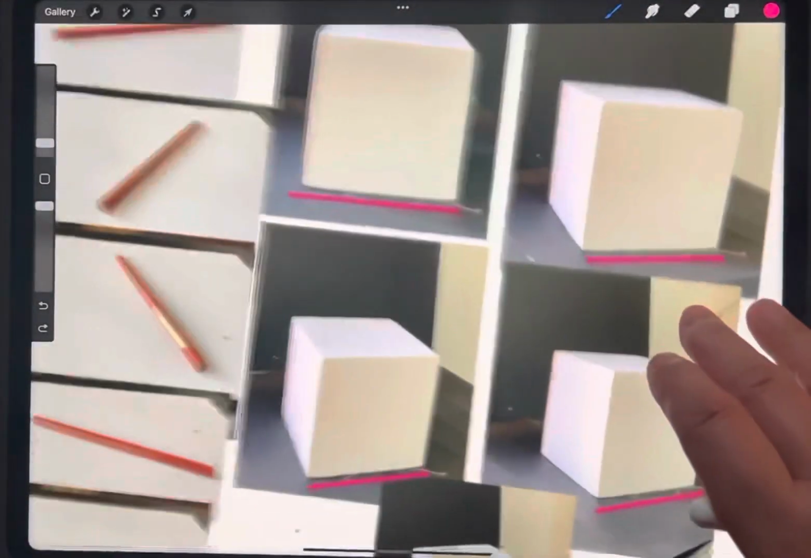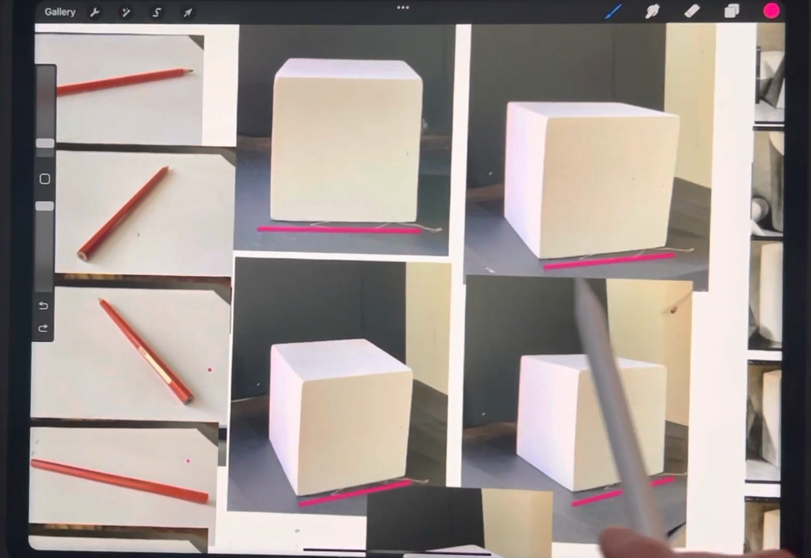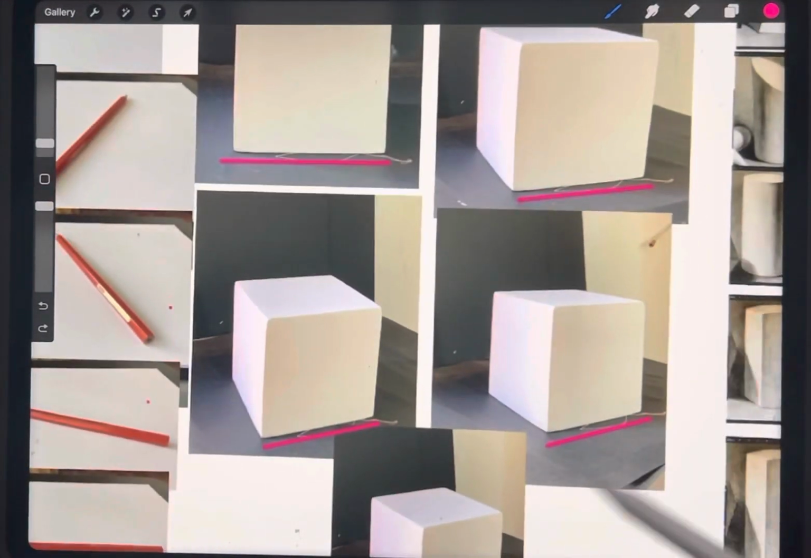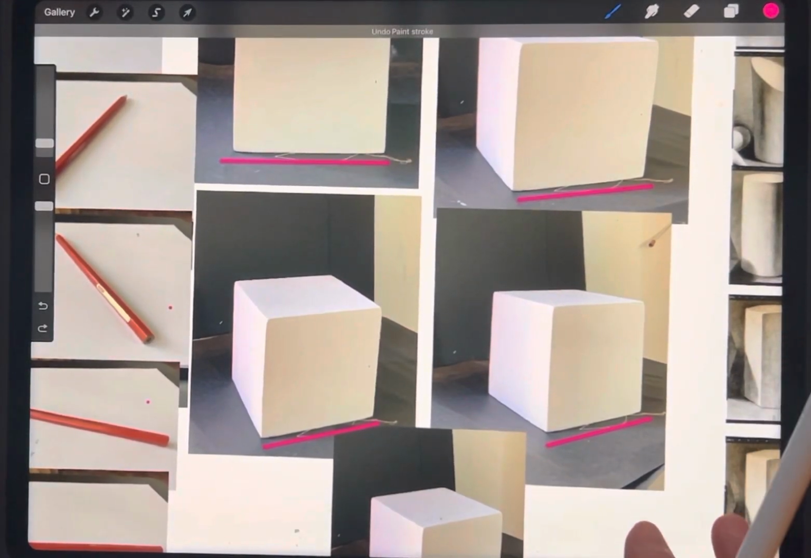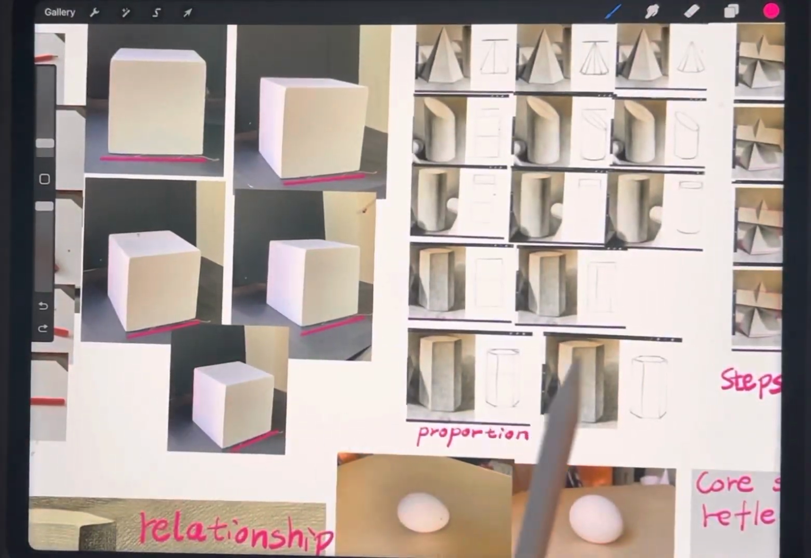And also the angle of this, that's the perspective. So as it turns more away, the angle is more slanted, right? So angle, proportion,